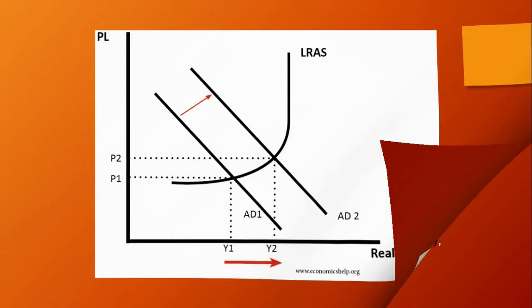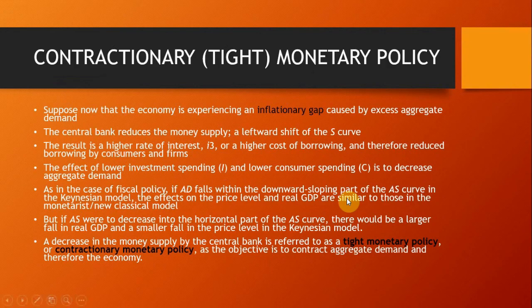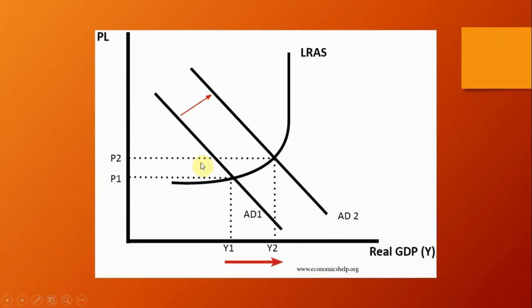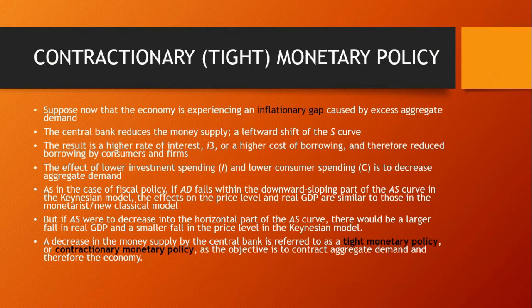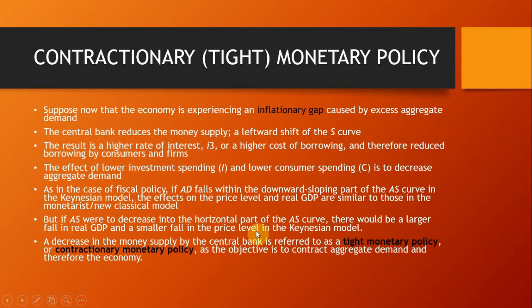It will show the same effect as the classical or monetary model, where the real GDP and the price level decrease. But if the aggregate supply were to decrease into the horizontal part of the aggregate supply curve, this part, there will be a larger fall in real GDP and a smaller fall in the price level in the Keynesian